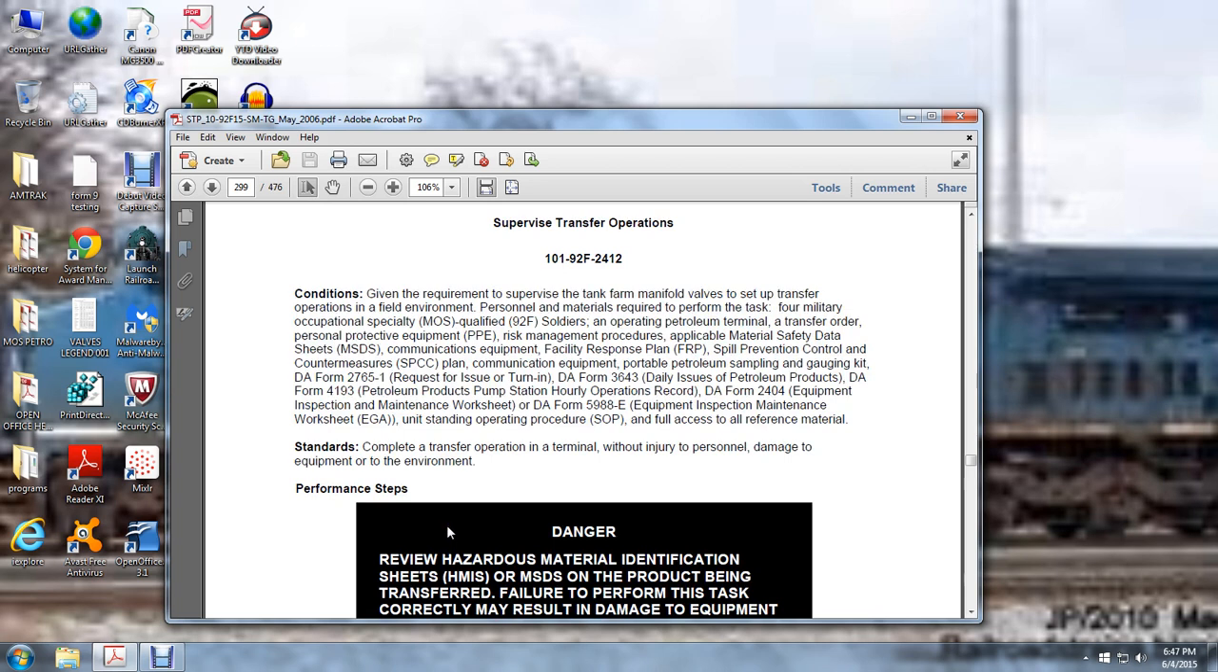Okay, supervisor transfer operations. Given the requirements to supervise the tank farm and manifold valves to set up the transfer operation: field, environmental personnel, materials required to perform the task, occupational specialty qualified personnel operating a petroleum terminal, transfer order, personal protective equipment, risk management procedures, applicable material safety data sheets, communication equipment, facility response plans, spill prevention control and countermeasure plan, petroleum product sampling and gauging kit,